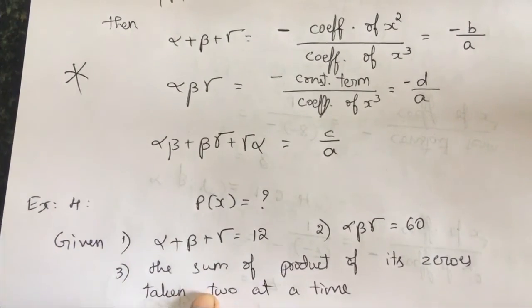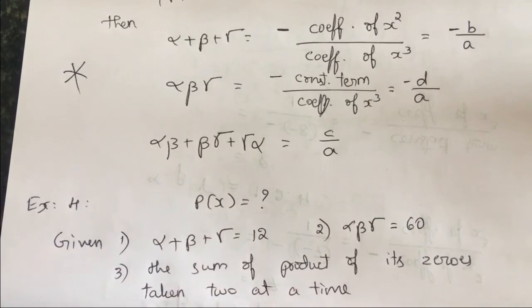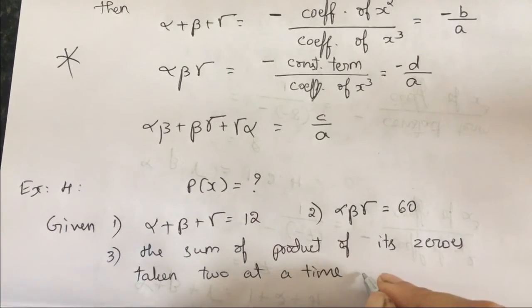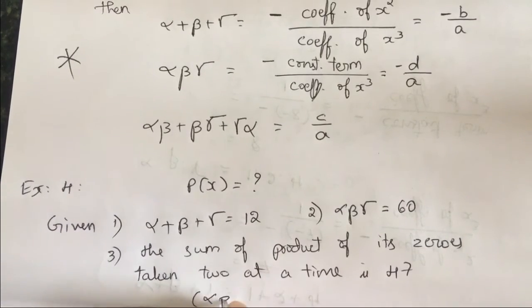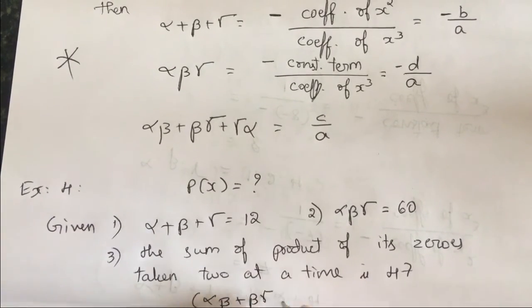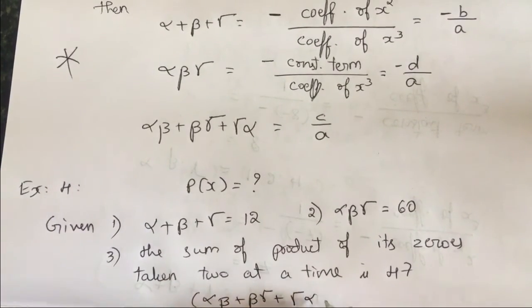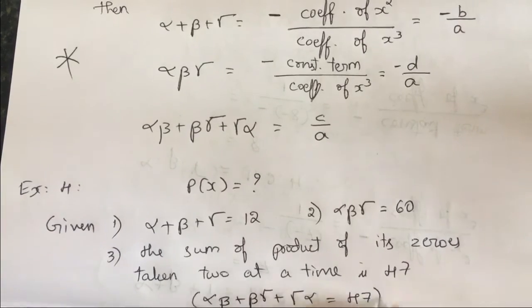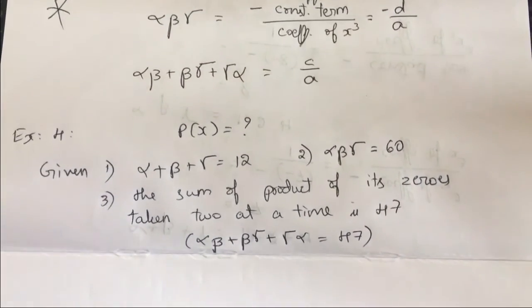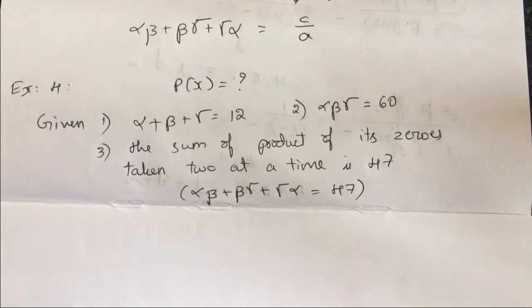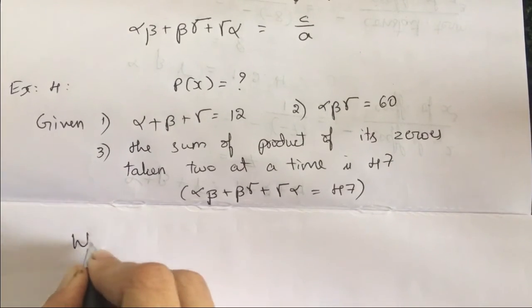The product of its zeros taken two at a time is 47. In the sense, they are giving you alpha into beta, beta into gamma, and gamma into alpha, which is equal to 47. So, you have to solve this. Okay. Now, we know